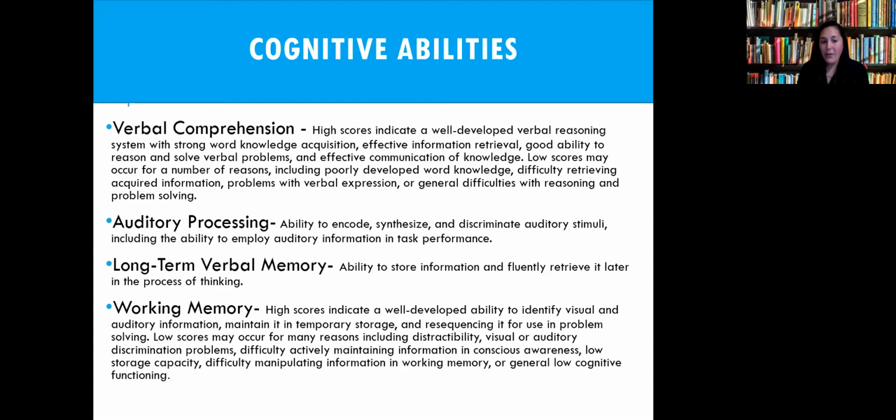Sometimes you may have individuals that come to your office or that you're working with, and they have very poor working memory, but very good long-term retrieval, or vice versa. And so again, it's vital for you to know where they kind of stand, because you may not realize that you can have that discrepancy, that someone cannot remember something for 5 minutes, but they can once they've learned it and once they've been able to encode it in whatever manner is appropriate for them, they're able to retrieve it later. So it's good for you to know that. It's good for you to understand that.